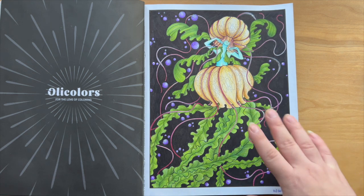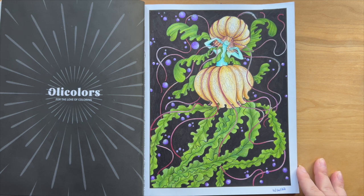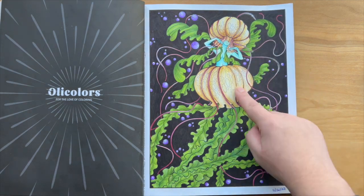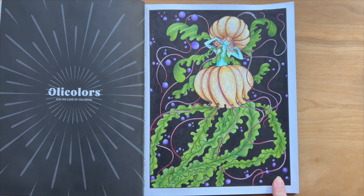So it had a background that I just wasn't feeling. It was beautiful, but I just didn't feel like coloring a bunch of tiny, small things. So I was like, forget it, I'm just gonna black it all out. And that's what I did. I did these parts first, and I wanted it to look like a pumpkin because I started this in October. So I was in a very pumpkin-y, autumn-y mood. So I did the pumpkins, then I did the greenery, then I did the black